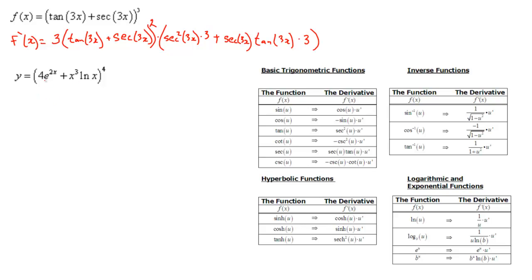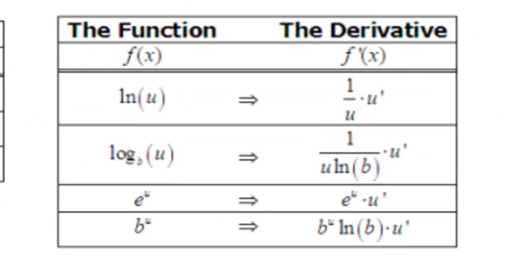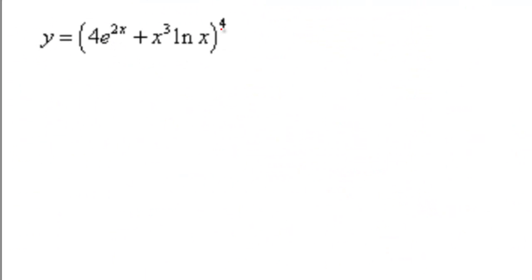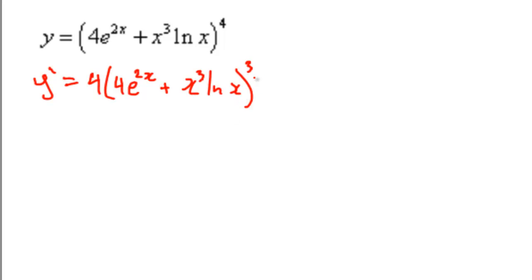Our next example has an exponential function again, and this time a natural log function, which is also part of a product, and the whole thing is part of a bigger chain because it has exponent 4. So if we take the derivative, 4 comes down, everything inside stays, and the 4 changes to a 3. We multiply that by the derivative of the inside. So the derivative of 4e to the 2x is 4e to the 2x multiplied by the derivative of 2x, which is 2,